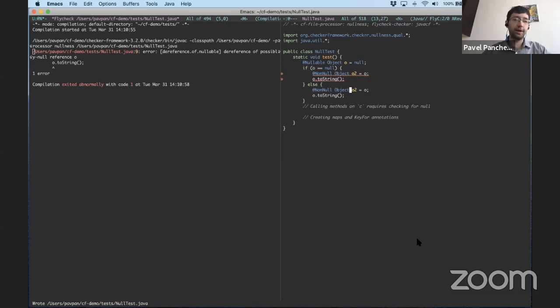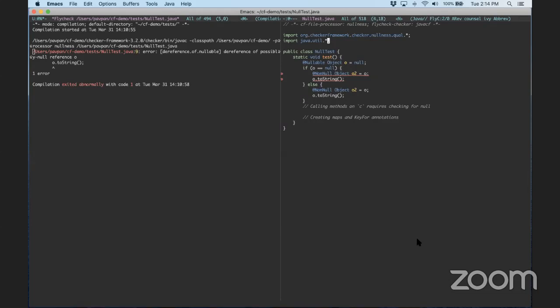Any other questions? And again, if you've got a question, just do the raise hand thing, and I'll call on you. Yeah, Pranav. So this non-null notation is provided by the Java or by the Checker Framework? Okay, yeah, so let me explain a little bit how this annotation stuff works internally.